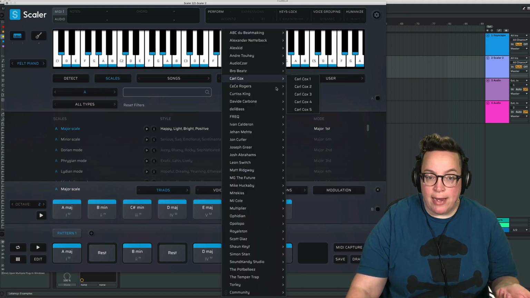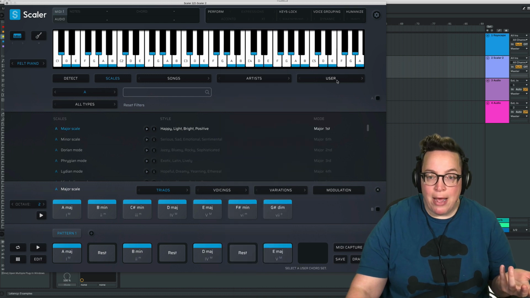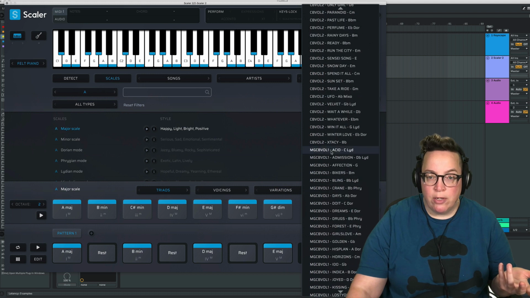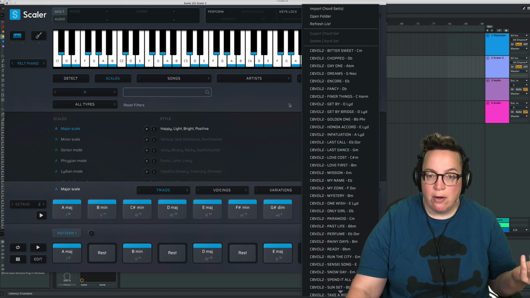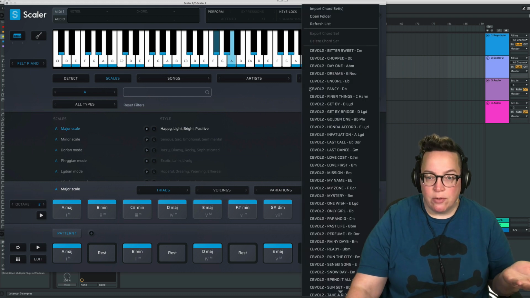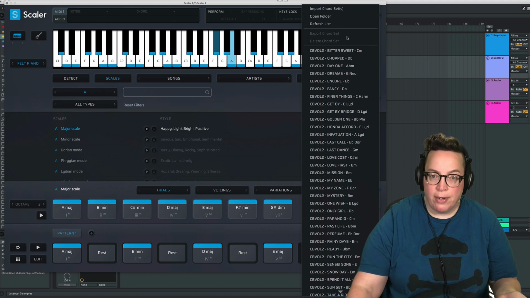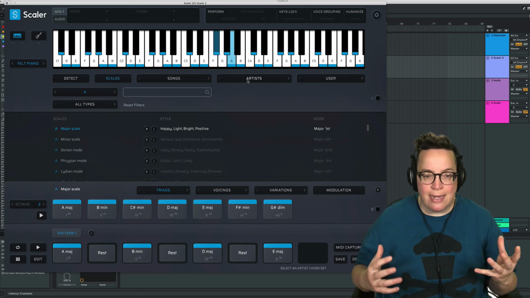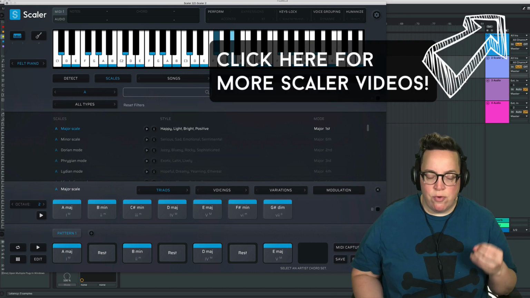You have saved chord sets that artists and random people have put together, which is pretty cool. MG the Future has some chords here. As I've talked about in the past, I have chord packs from him, which is really cool. You can buy third-party chord packs that people put together. You can save your own chord set here as well, so that you can pull it up at another point in time. It's pretty cool in the sense that it gives you ideas, but it also gives you the ability, once you hear a song